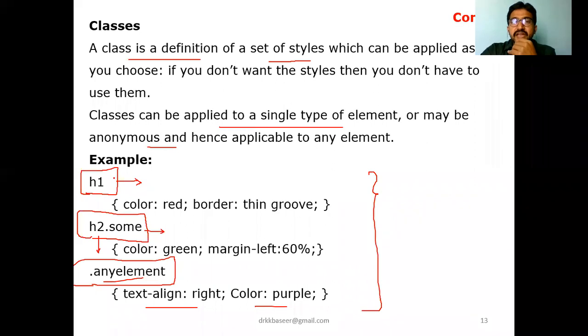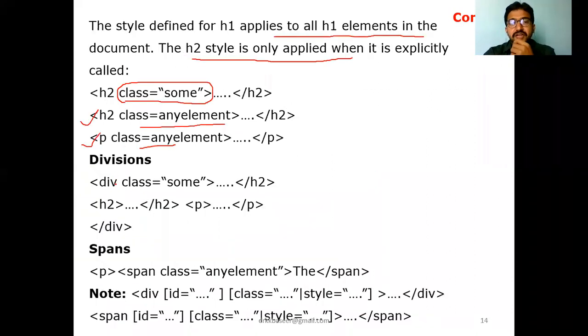For H1, without specifying any ID or class, automatically when you use the tag name itself, it will be applied. Similarly, in the division, if you want div class equal to sum, it ends with H2 over there. So for any sort of elements, H2, paragraph, you can apply.